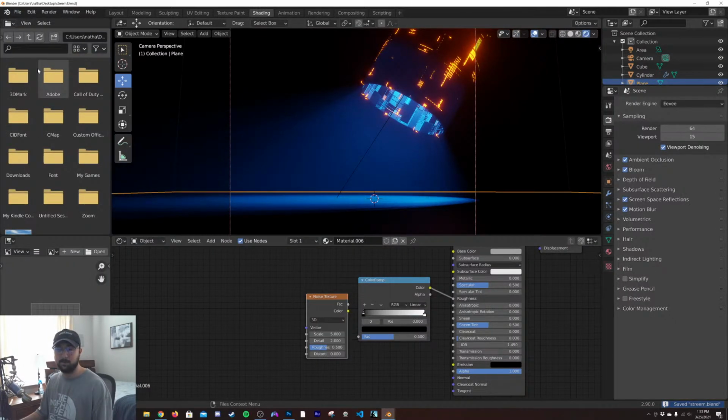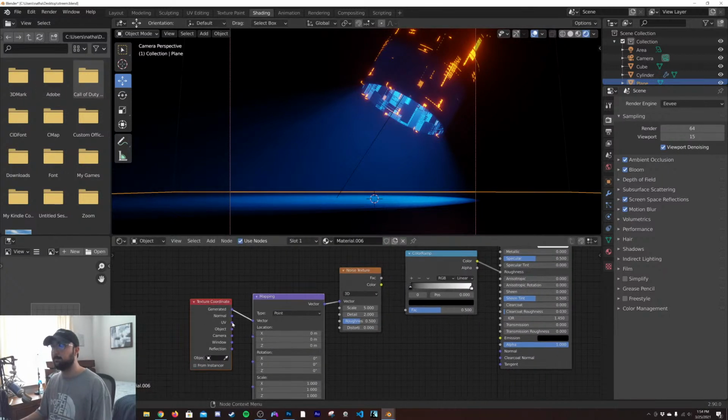Save. Let's get that. We'll just try a basic noise texture and see where that takes us. Working on a little environment here for the new folks coming in. Just working on an environment, killing some time to have some fun.